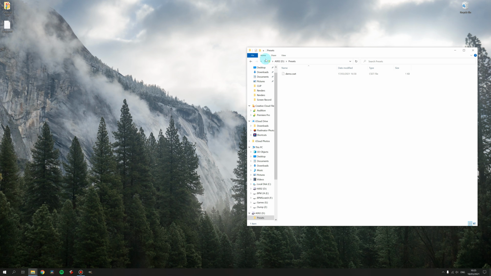Let's say that you have a totally blank memory card with no presets on it. So we'll just go ahead and delete that. All you have to do is find wherever it is that you have your preset saved to, and you can just drop it straight onto the card. You don't have to give it a folder or anything like that. The camera will simply hunt out and recognize the CSET extension. So that's all you have to do to go in the reverse direction for importing a camera setup or camera preset.